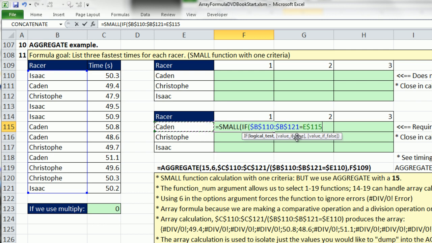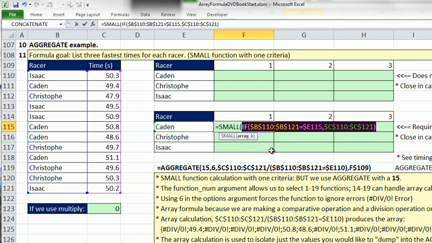So I'm going to hit the F4 1, 2, 3 times. Lock the column, but not the row. If anything in there is equal to Hayden, then please give me the times. F4. I'm going to not put anything for the false. It'll automatically put the logical value FALSE there. Close parentheses. If I click on this array here and hit the F9,